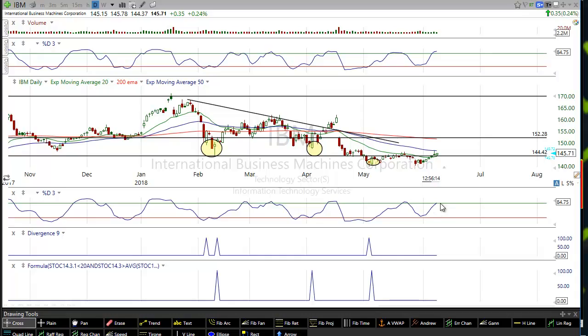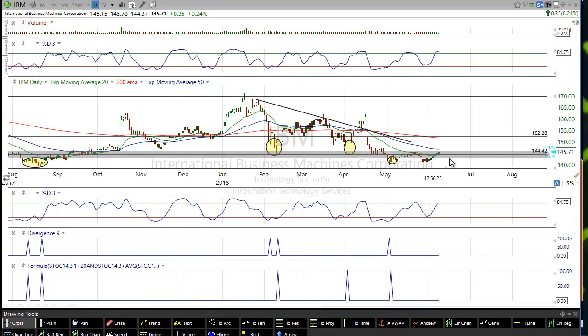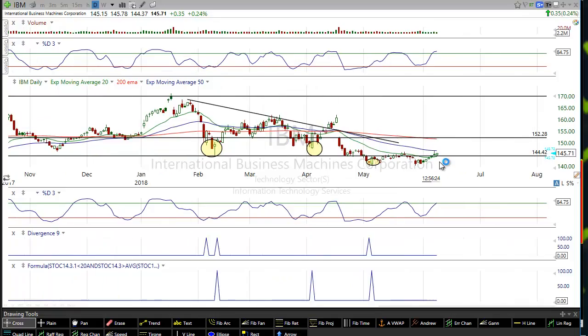Daily here actually is not that bad. We could actually push up a little bit higher. We're pinned under the 50 period moving average. The gap up here at 152. And you might want to consider this a divergence. I think it's close enough to be called a divergence. So just because IBM has worked out